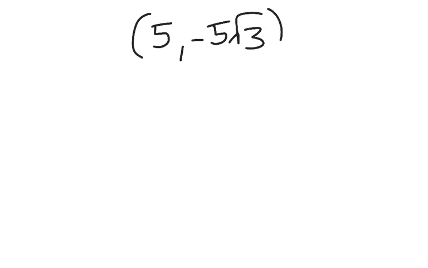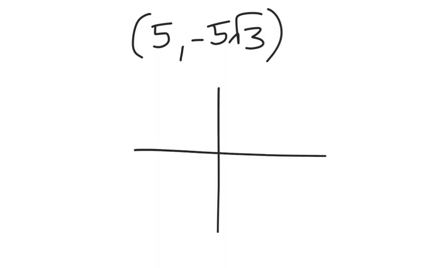So for the first one, it tells me I have a point at 5, negative 5 radical 3, and it wants me to give the ratio of the 6 trig functions. So in a coordinate plane, if I need to go to the point 5, negative 5 radical 3, that means I'm going to be going to the right 5, and I'm going to be going down 5 radical 3. So if I draw a line from the center to that point,